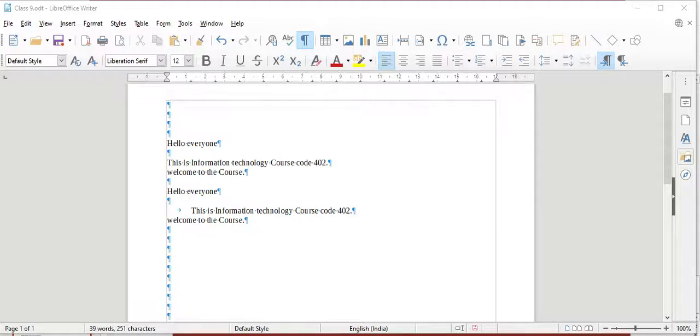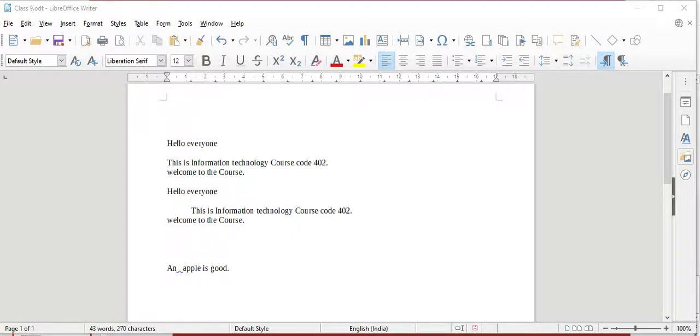In such cases, if you are writing in Writer, it will help us to get the correct spelling, and it provides a grammar checker to check the grammar of the sentence. As you can see in the example, by mistake I have given an extra space in the sentence.